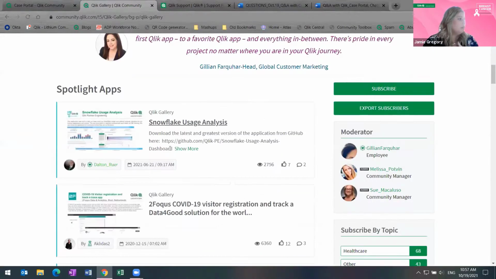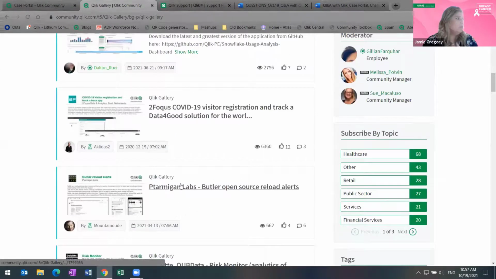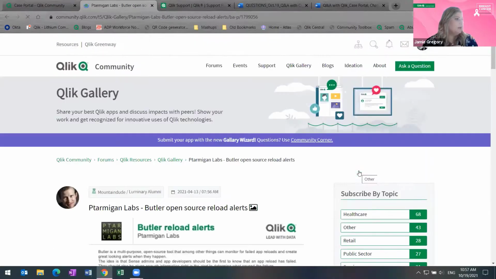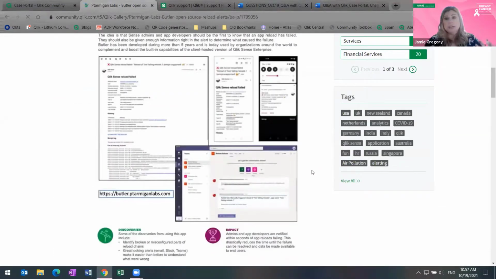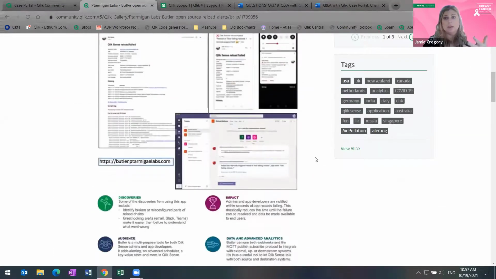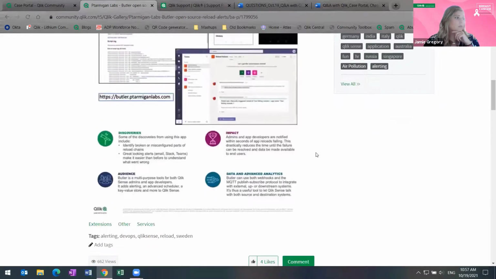So they are a little bit different, but I would encourage you to take a look at both of them. Here's just an example of one of the Qlik Gallery apps. Some people do attach the app. They do have that ability, but not everyone does.